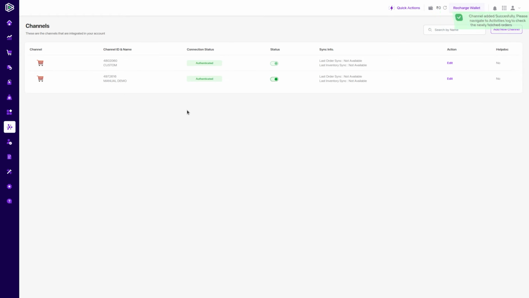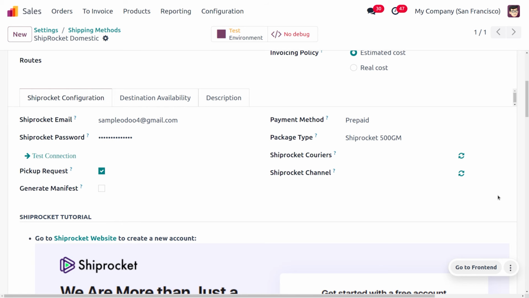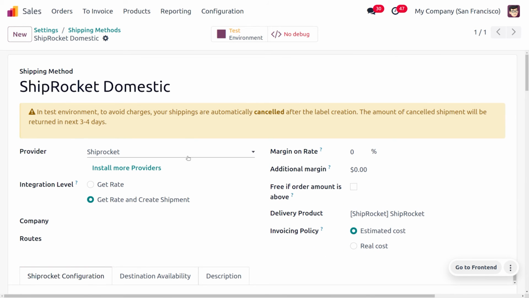Currently we don't have any activities over here. Now let's go back to the Odoo platform. In the general information, we can provide the channel name over here. You can see different channels such as custom and manual demo. You can use the Shiprocket channel over here, and save this. So we have saved, and later on we can use this channel